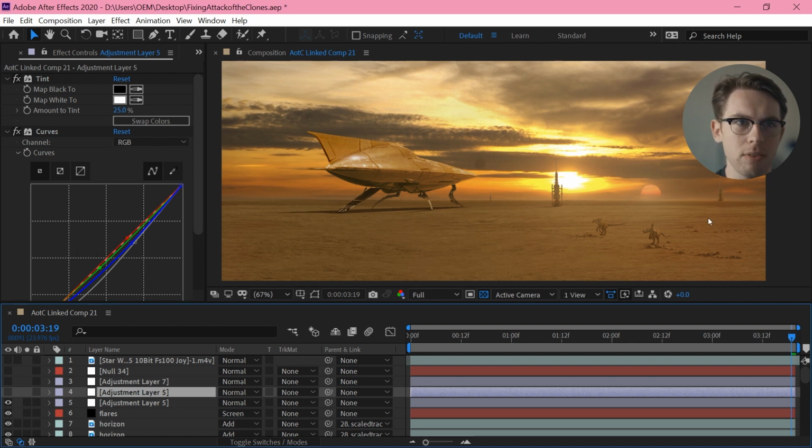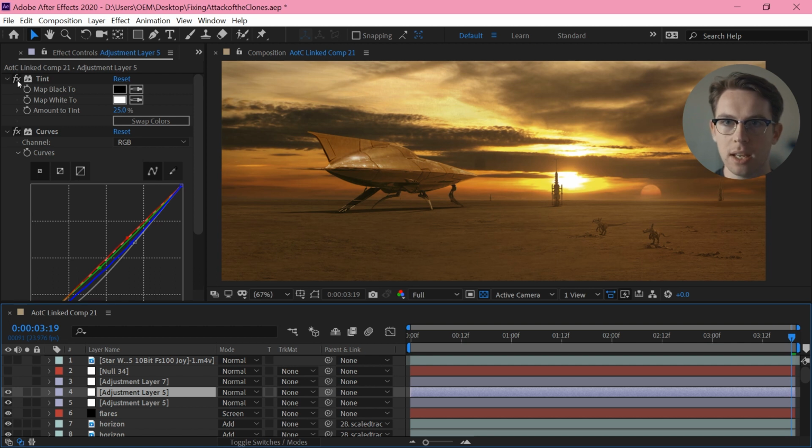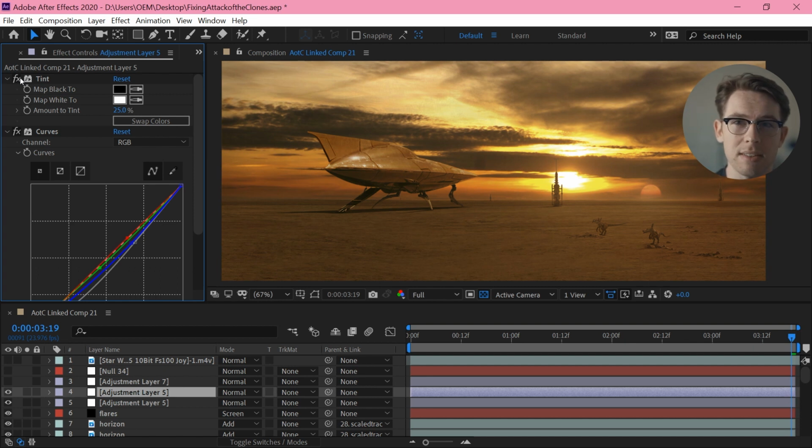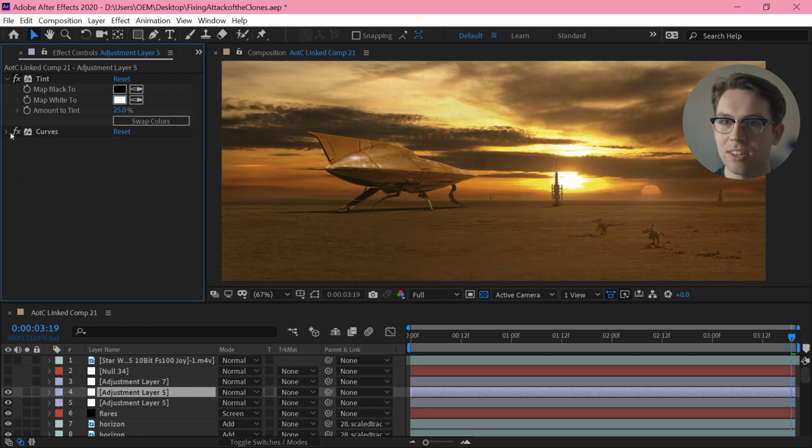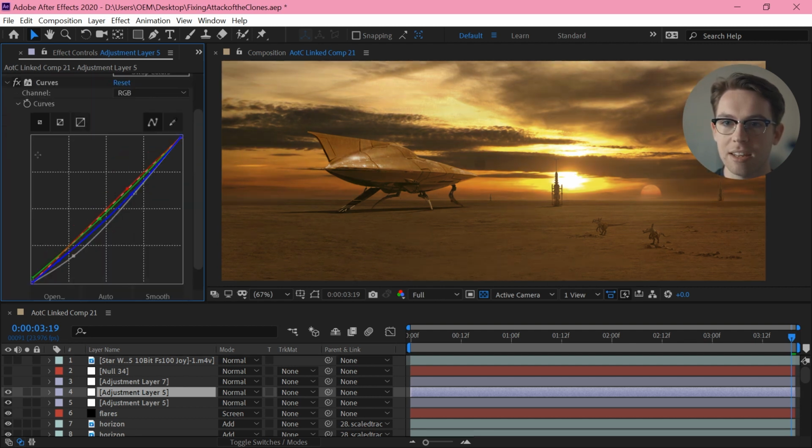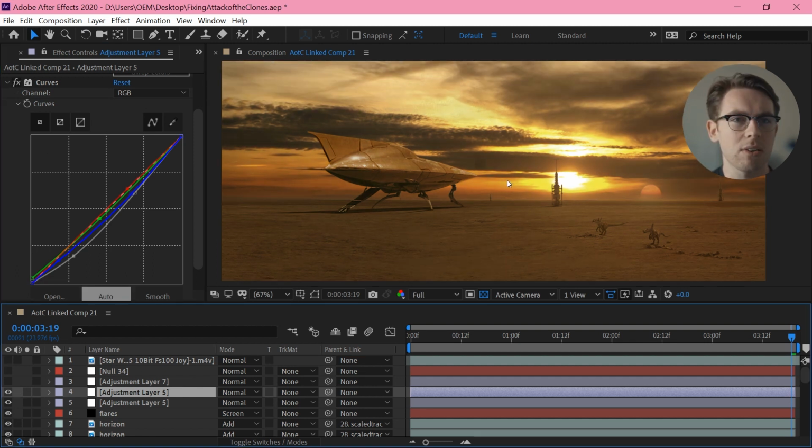Now I want to make all of this darker. It's looking quite white and washed out, and I want to bring those colors down. So again, I'm tinting to get rid of some of that saturation, though it wouldn't look out of place in Attack of the Clones. It does look a little nicer to not be so saturated. And then doing a curves adjustment to bring those colors down and add in a little color contrast as well. The only problem is it's now looking incredibly monotone. It is looking just orange.